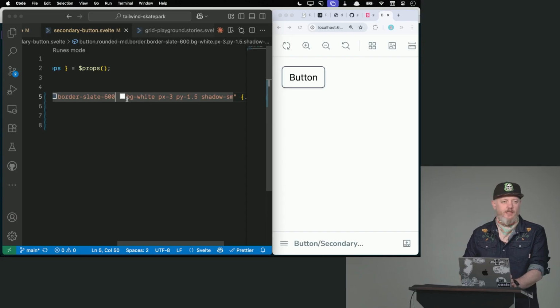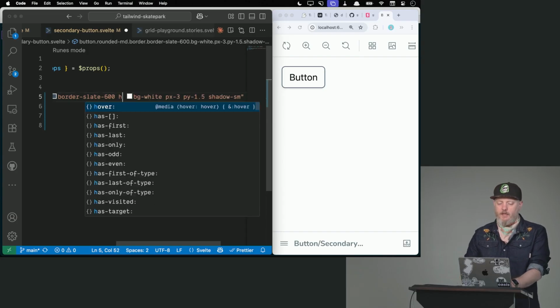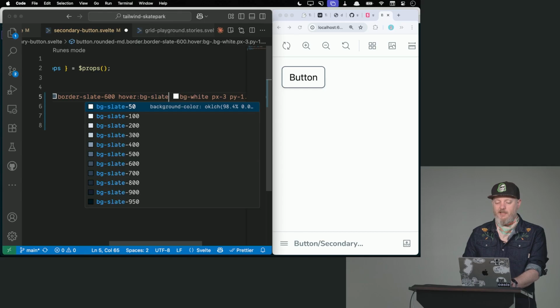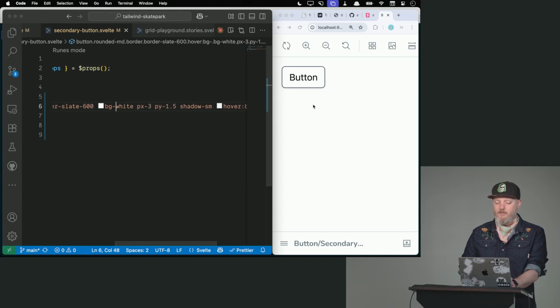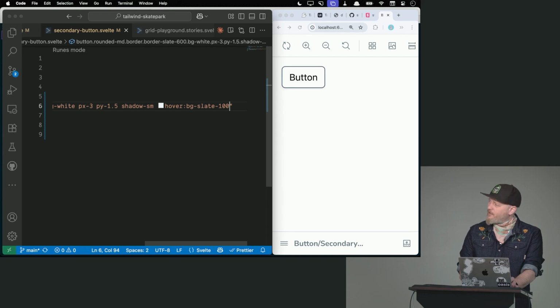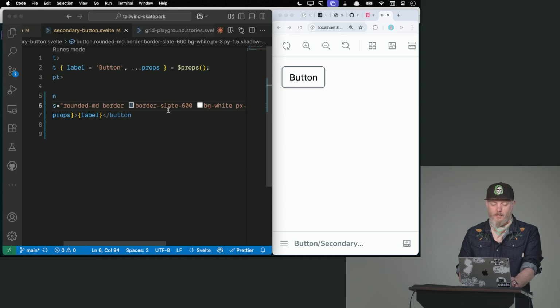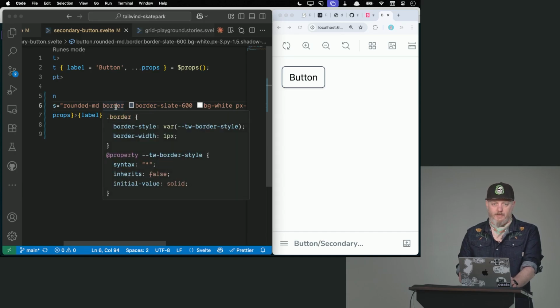But we should give it a hover state, right? We'll say hover, BG slate. I don't know, 100 feels right. So I can hover over it, so we've got a button. We do have a little bit of a problem with this button. That is not necessarily a Tailwind thing and not super obvious, but is something worth talking about, which is borders